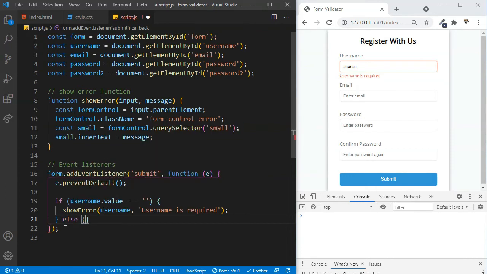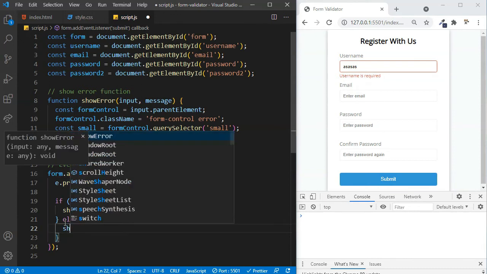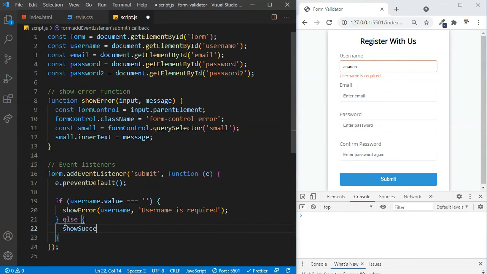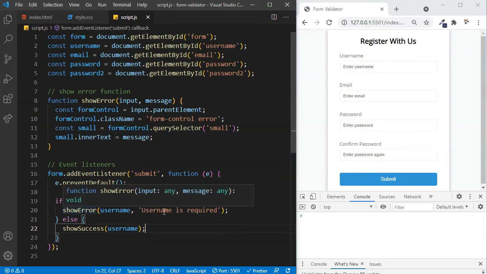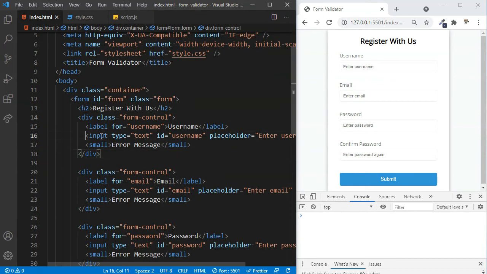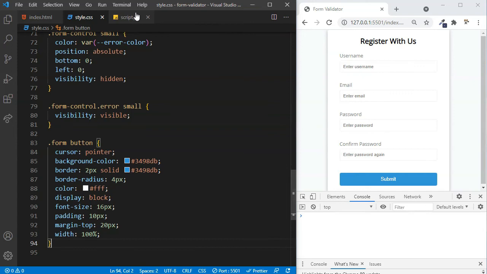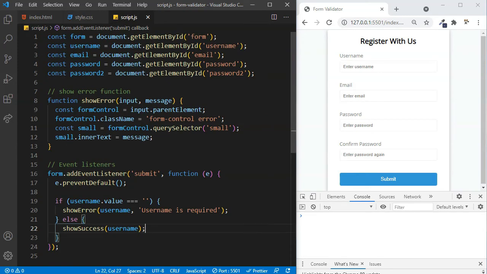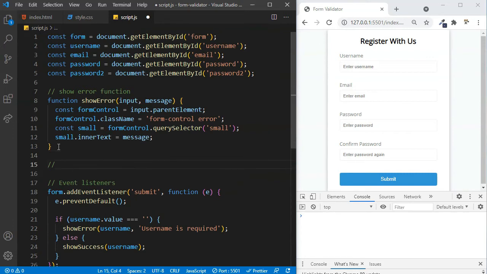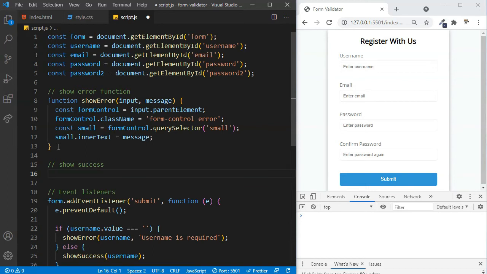So we need to actually check for an else. If we enter the valid data, I'm gonna call one more function that's going to be show success, and we are going to pass the username as a parameter. That's the username element, the whole username element, that is this one, username input. So we need to actually define the show success, right? So here I'll add one more comment, show success, and for the function